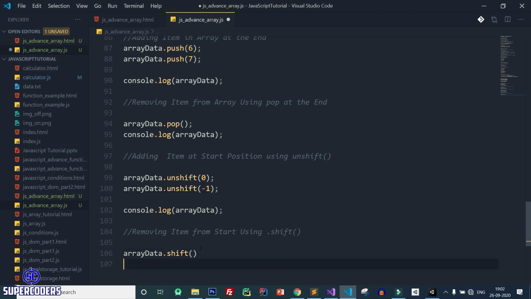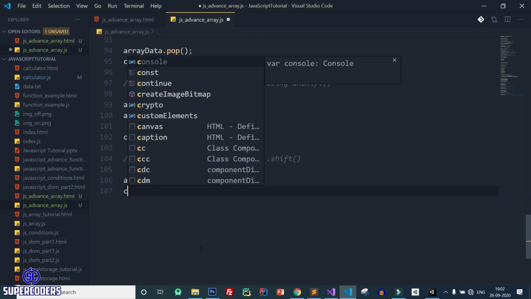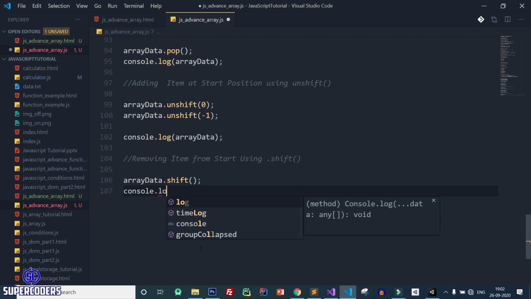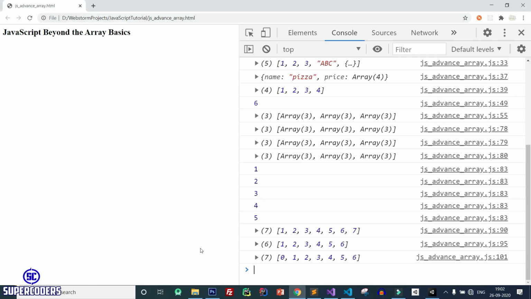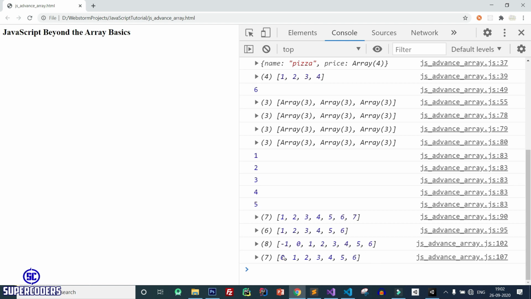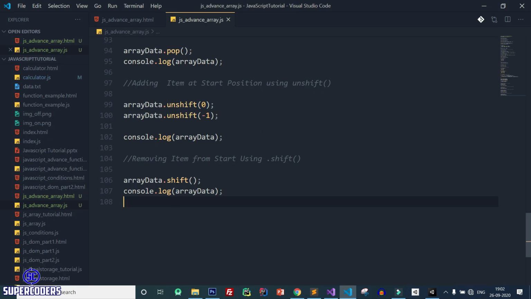After that, shift method, console.log array data. Now save it, back to Chrome, refresh this page, and you can see -1, which was added from the unshift method, is removed by the shift method. So in this way you can use the shift method to remove the item from the opening or start position.